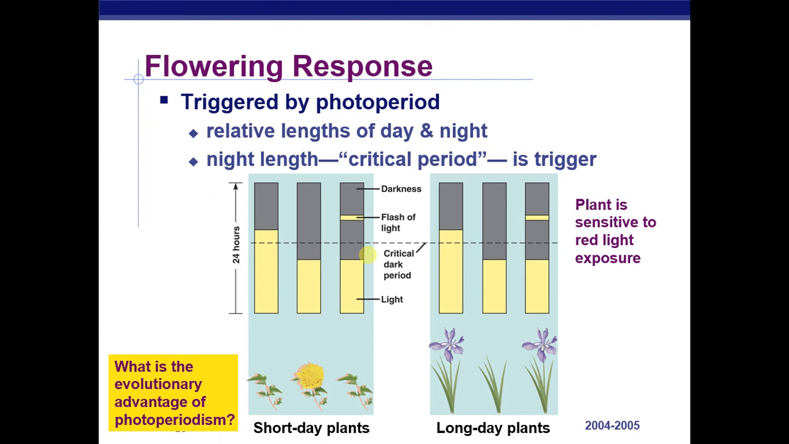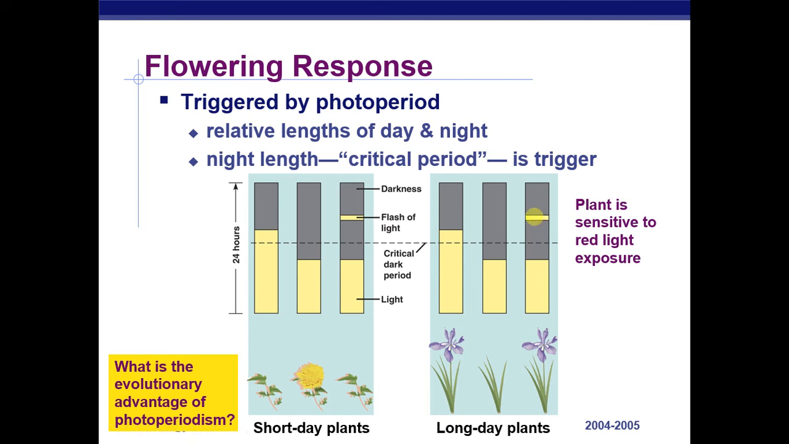On the other hand, plants called long day plants will only flower if the length of uninterrupted darkness is below a certain threshold. So here, long day plants flower. Here, they don't because the length of nighttime is not below that threshold. And we can likewise stimulate these ones to flower by adding a flash of light during that dark period so